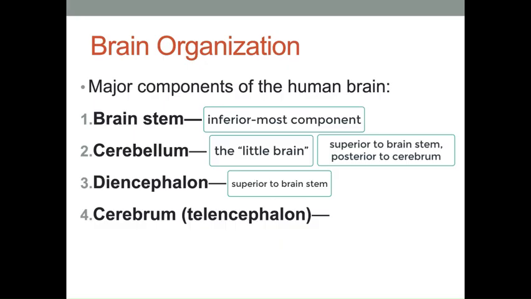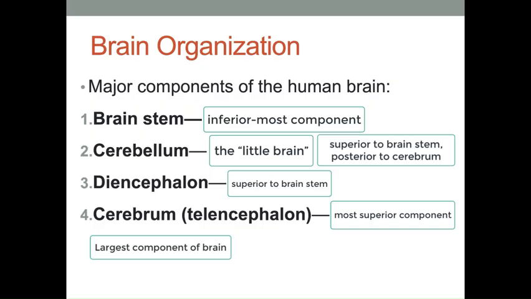And then finally, with the cerebrum, this is the most superior component of the brain. If you've ever looked at the human brain before in pictures, or if you've seen it in movies or some other source, oftentimes what you're just seeing is the cerebrum. It's the wrinkled part of the brain that has all of these folds associated with it. So it's the largest component of the brain. It's also the most highly evolved. So most of our kind of higher order processing,